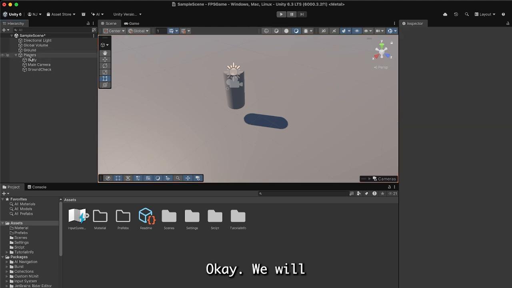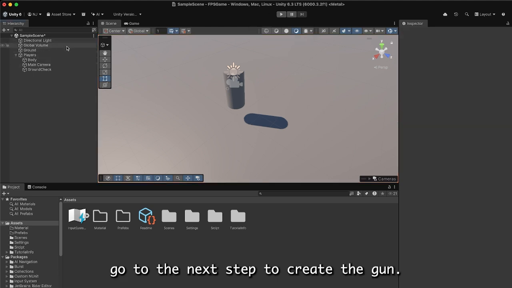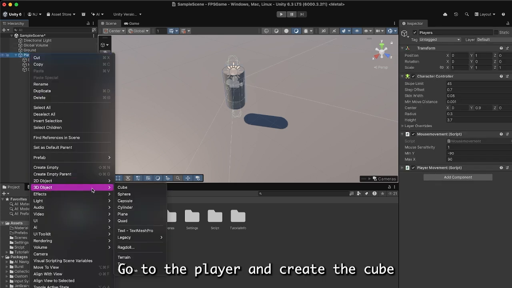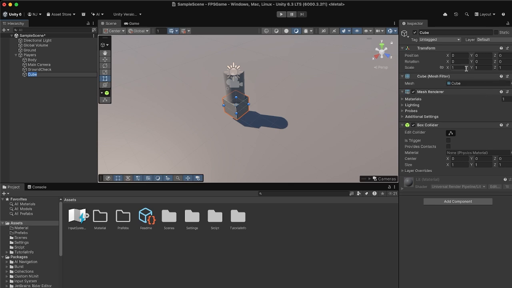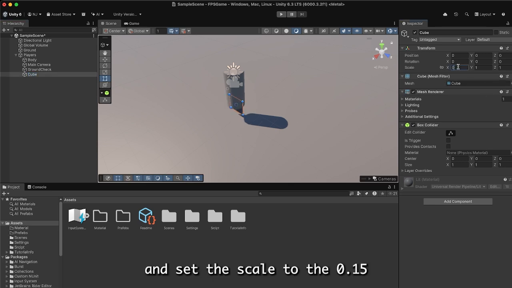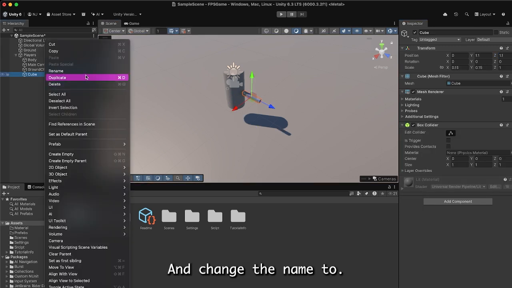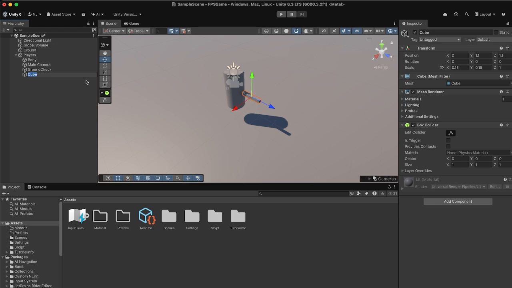Okay, we will go to the next step to create the gun. Go to the player and create the cube and set the scale to 0.15, and set the position Y. Okay, change the name to dummy weapon